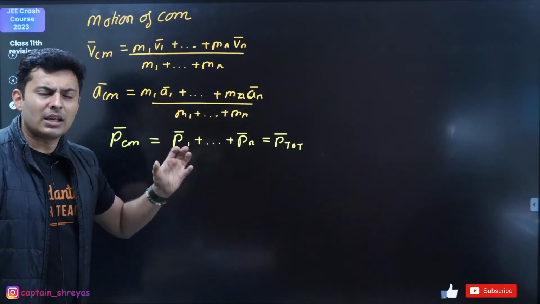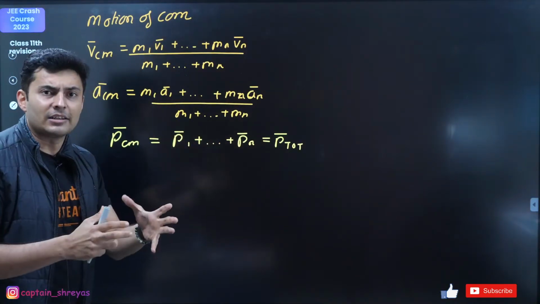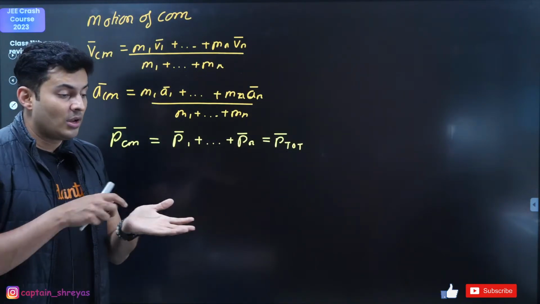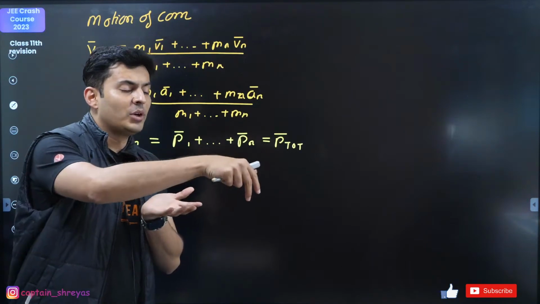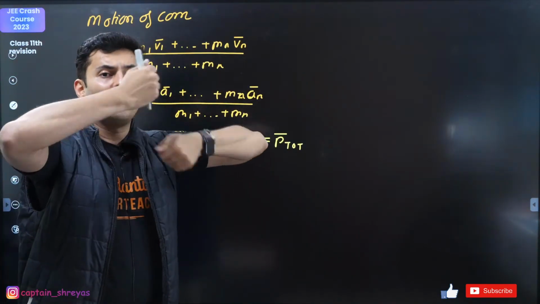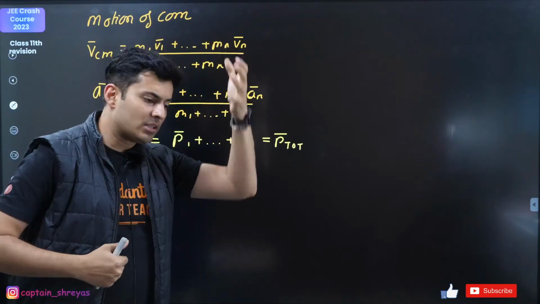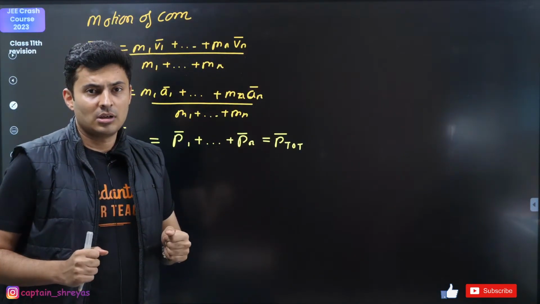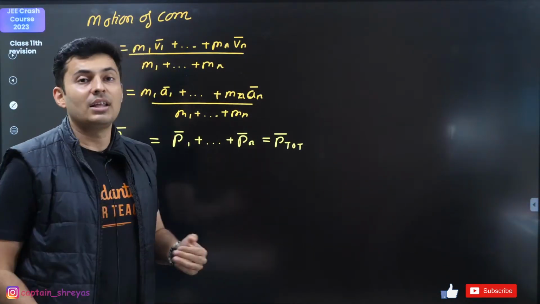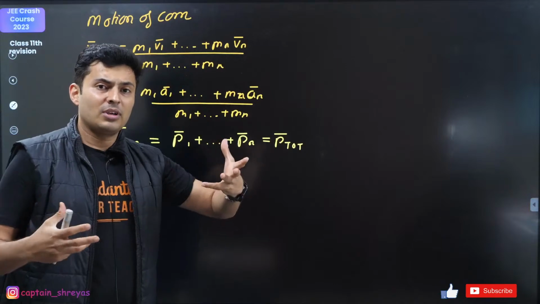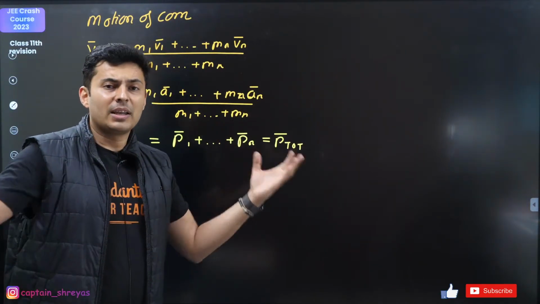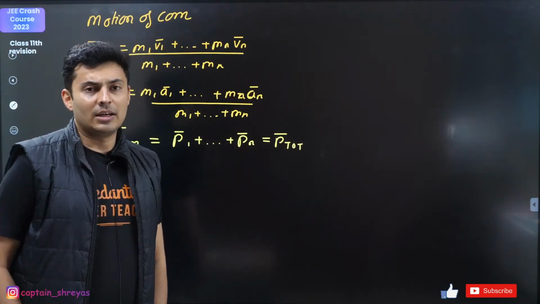When there are a number of particles and a number of forces, internal and external, their center of mass also moves, especially in problems where a man is moving on a boat and the boat moves how much? A monkey is climbing a rope on a balloon, the monkey goes up so much, by how much does the balloon come down? A firecracker blows into pieces, then the center of mass continues its journey as if there is no new force, only gravity. The particles might just disperse at different places.